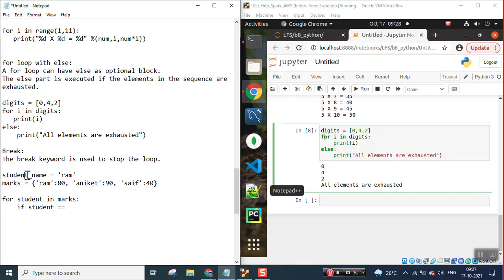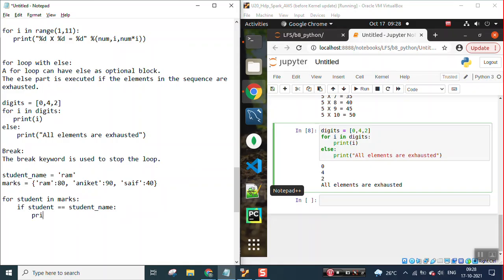So I'm taking a variable and iterating over a dictionary, and checking whether the value which is coming from this dictionary is equal to the value which I have assigned. If that condition is true,